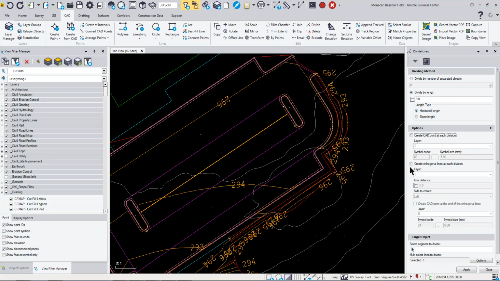So if I click on and create an orthogonal line, I can set the layer and I can set the distance. So if I need an 18-foot parking stall, I can choose which side I want the line to go to, and also if I want to put CAD points at the end of those lines, I could do that by clicking this. So what I'm going to do here is pick the segment,